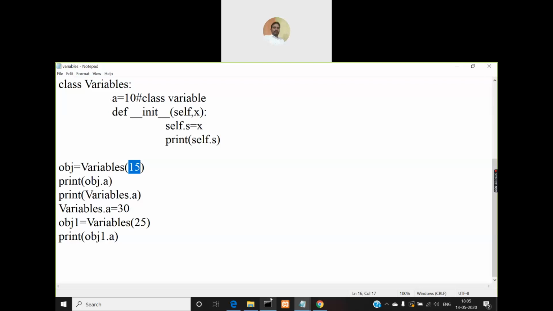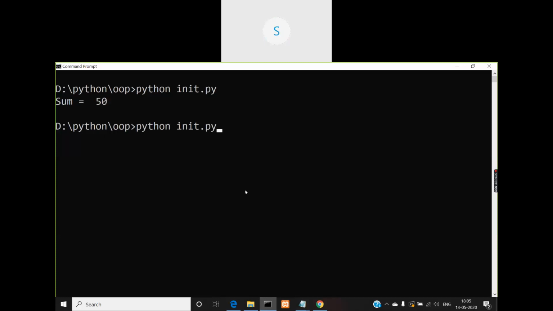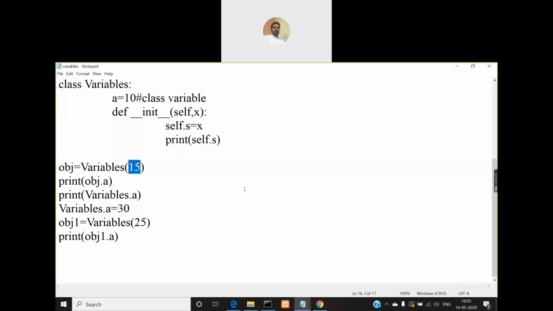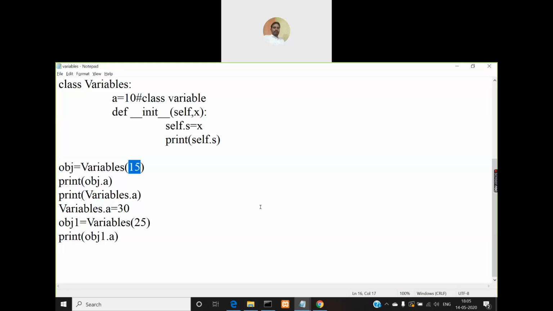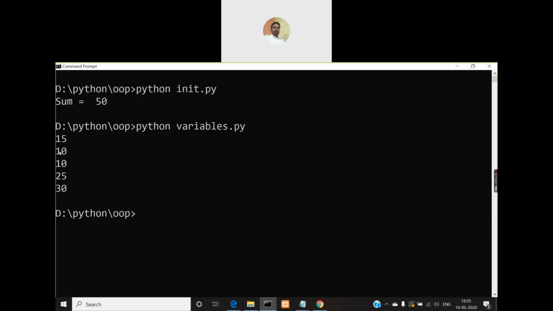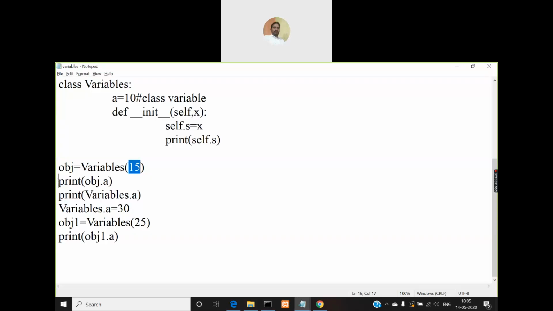The value we have given is 10. First, because the constructor is invoked, the constructor will print the s value, where s value is 15, so you will get 15 as output. But after that you are getting 10 as output, so this print statement is printing the value 10.